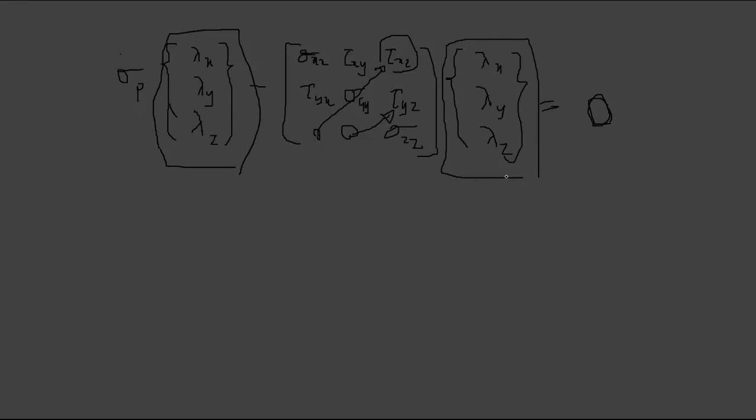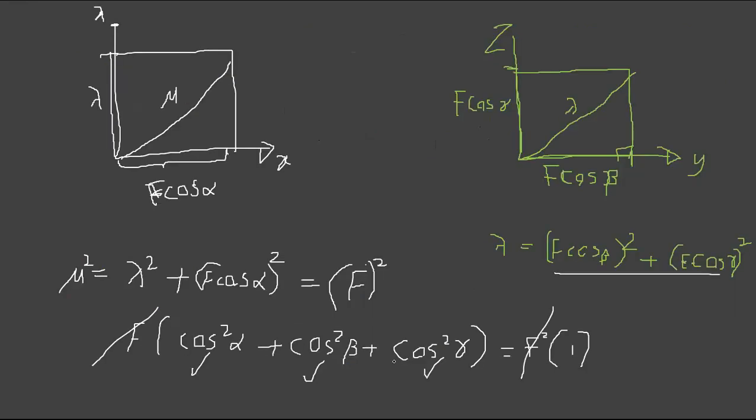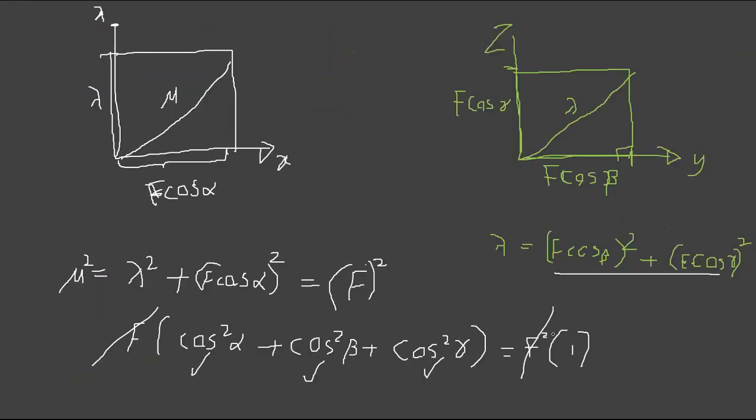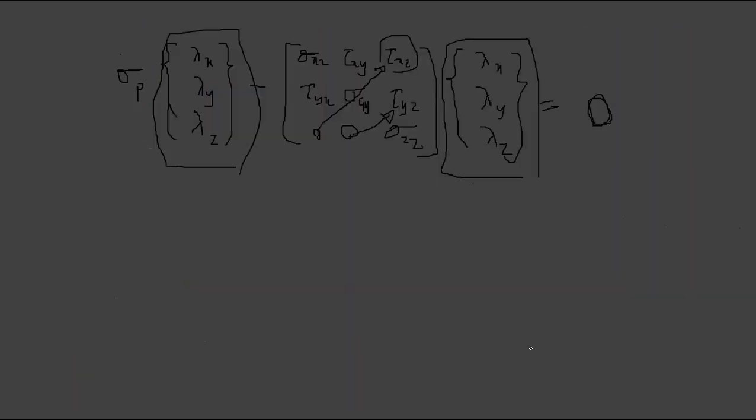But let's check, can we have that? Because we already have cos squared alpha plus cos squared beta plus cos squared gamma should equal to 1, right? So if 3 of these are 0, right? Cos alpha 0, cos beta 0, cos gamma 0. So it contradicts with this, right? So the summation gives you then 0, but it should be 1. So that means it cannot happen, right? So that you can take that out